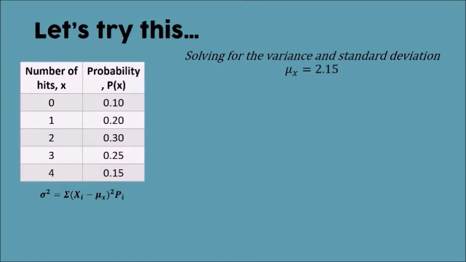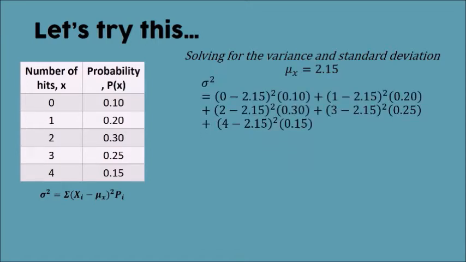Sigma squared is equal to 0 minus the mean, which is 2.15, squared, times 0.1 plus 1 minus 2.15 squared times 0.2 plus 2 minus 2.15 squared times 0.3, and so on and so forth